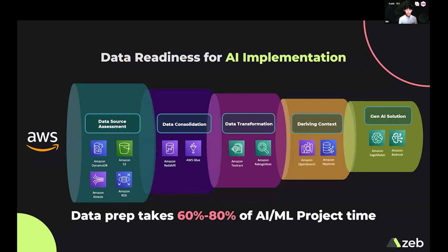When we look at this, how do we take this data into an AI ready state? We see it in 5 different phases. And that first phase starts with this data source assessment. So what does that data source assessment look like? That data source assessment basically talks about first identifying what data is core to the AI use case that we're trying to achieve itself. That data can be in various different types of structured and unstructured data. So we have to first identify where that's living across the different source systems.